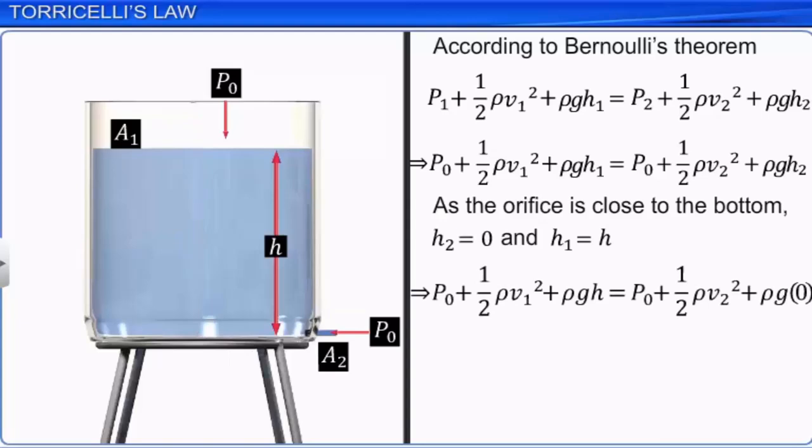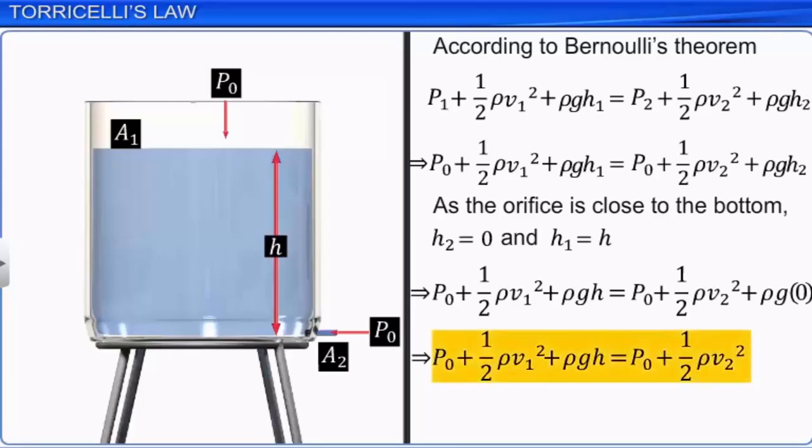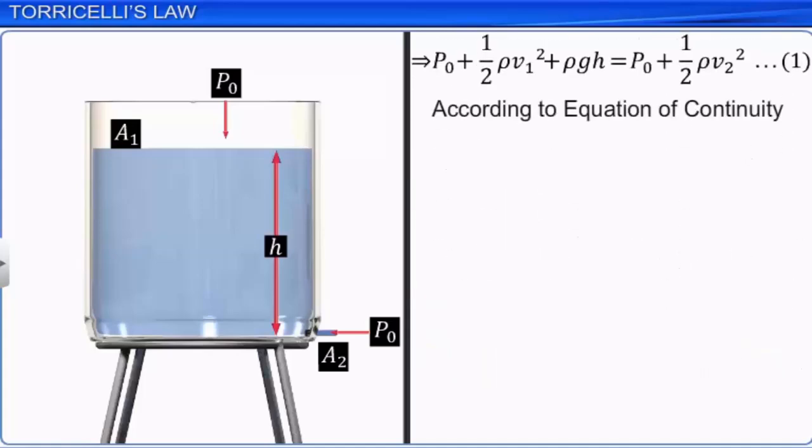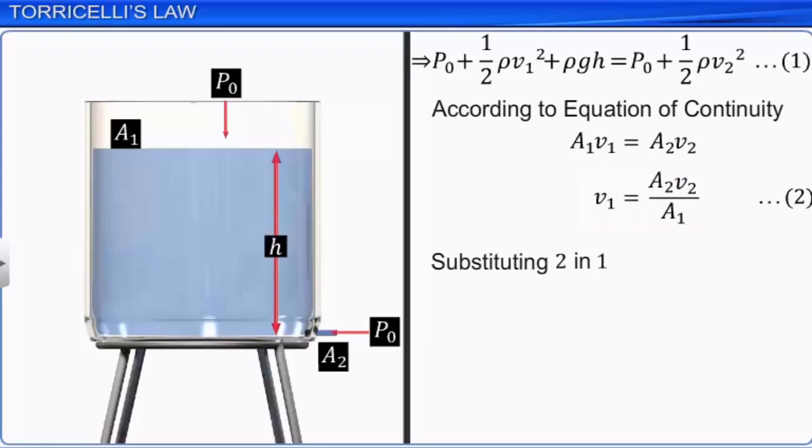On simplification, we get the expression shown. Let's call this equation 1. According to the equation of continuity, A1V1 is equal to A2V2, or V1 is equal to A2V2 divided by A1. Let's call this equation 2. Substituting equation 2 in equation 1, and simplifying,